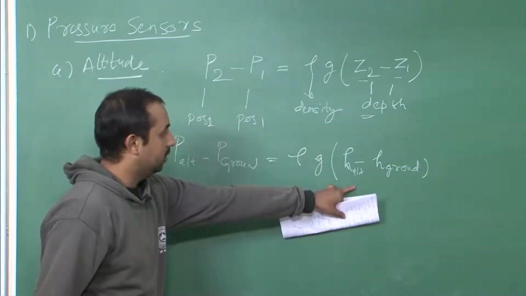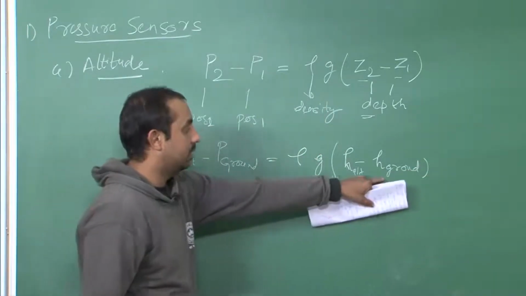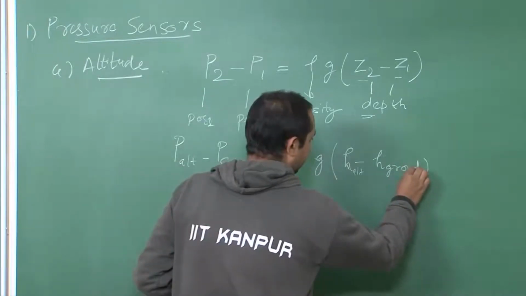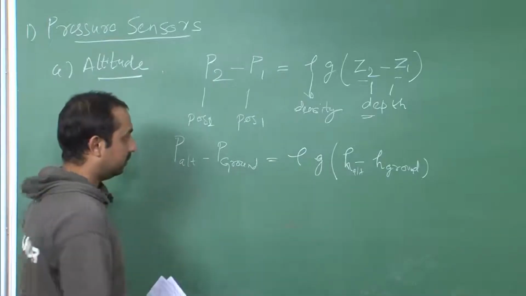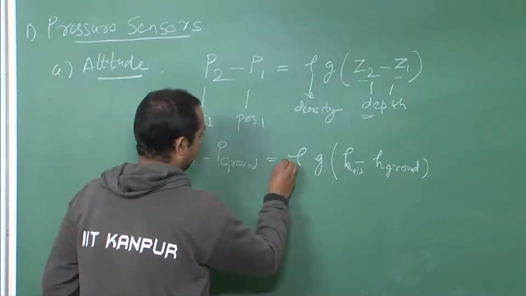And these values, that is H altitude and H ground, are height above sea level, which will give me a minus sign, because